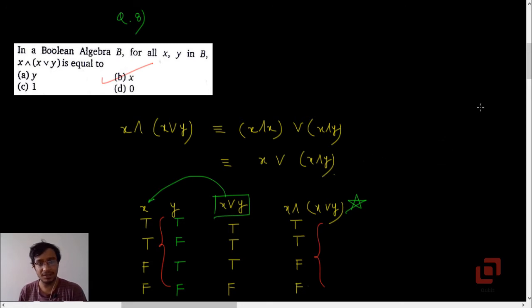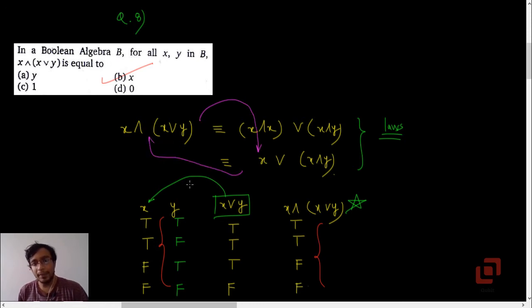Okay, so that is question 8. The speciality of question 8 is that if you keep on applying the laws of logic, particularly the distributive law, it is just going to create a loop, from this to this and then again from this to this. So application of the distributive law does not lead to the conclusion. In that case you have to rely on the truth table method. Okay, that was question 8. Let's go to 9.